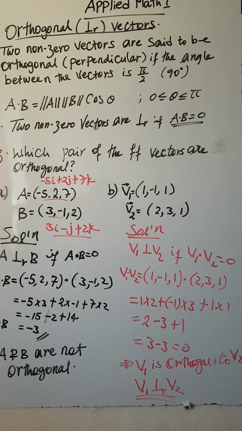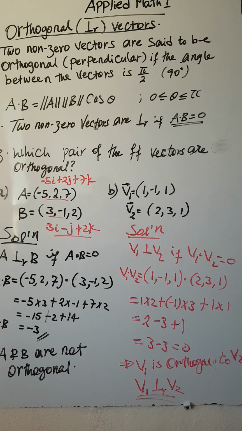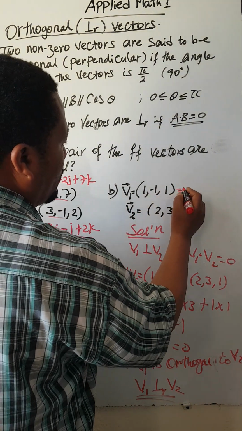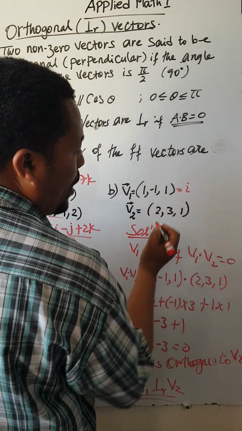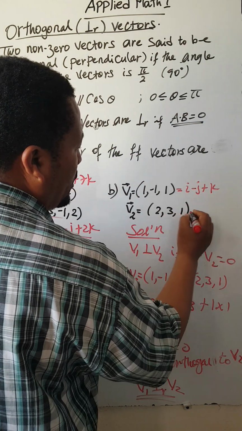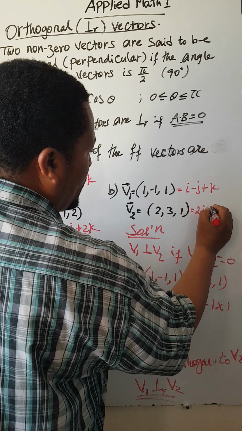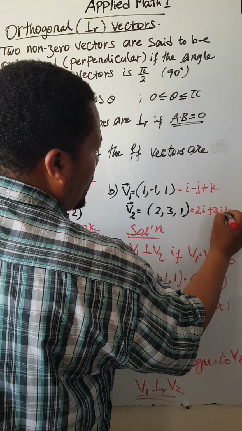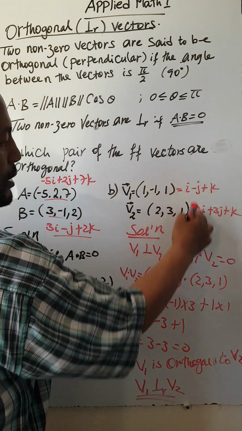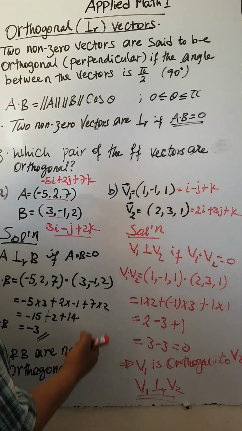ስለዚህ እንደዚህ በማድረግ ፐርፔንዲኩላር የሆኑ ወይም ኦርቶጎናል የሆኑ ቬክተሮችን በቀላሉ መለየት እንችላለን። ፎር ዳት ማተር መሳሳት የሌለባችሁ እነዚሁ ቬክተሮች እንደዚሁ ሊሰጡ ይችላሉ። አሁን ይሄ ቬክተር ኦኬ ኢን ijk ፎርም ሲጻፍ this is 1i minus j plus k ይሄ ደግሞ ሲጻፍ 2i plus 3j plus k ስለዚህ ማባዛት ስንፈልግ ኤቭሪ ቬክተር እናባዛለን። ያው ፐርፔንዲኩላር የሆኑ ዜሮ ይሆኑ ስለሚሄዱ።